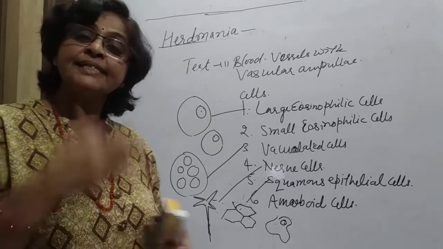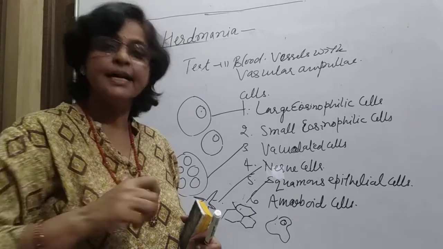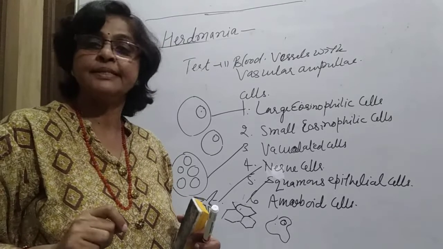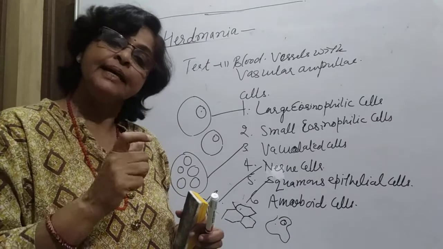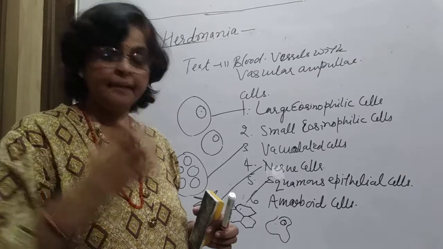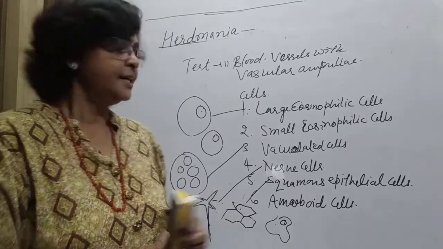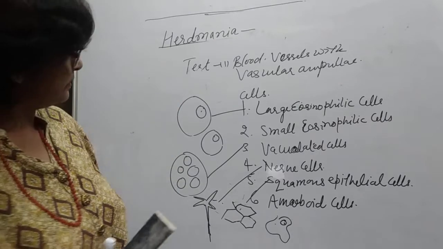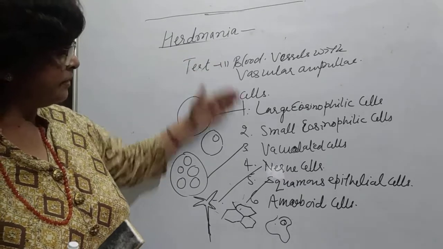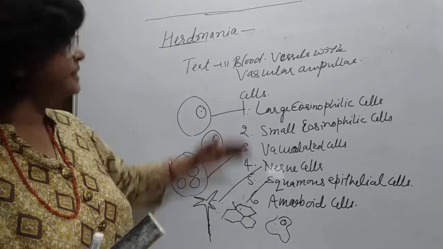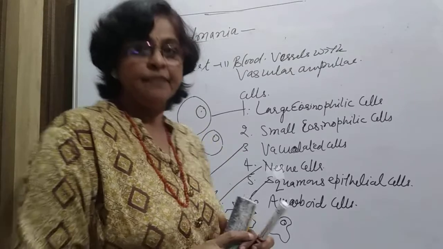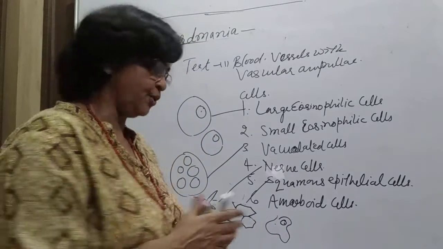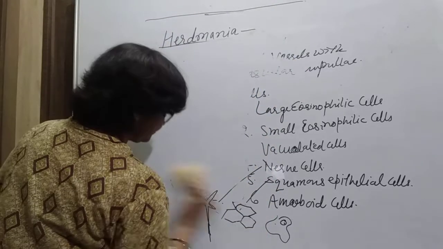And besides these cells and the vascular ampullae and the vessels, there are some interlacing fibrils which are very elastic, and they are similar to muscle fiber. They help in contraction and relaxation of the test. So besides interlacing fibers and various cells and blood vessels, we have special types of spicules inside the test, which may be of two types, the large and the small. So now we will discuss the spicules which are present in the test.